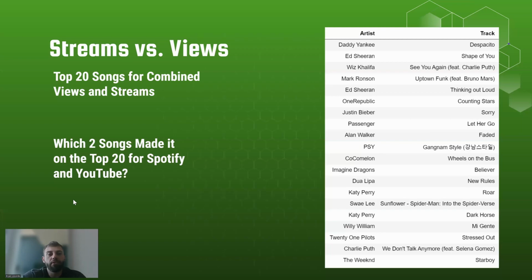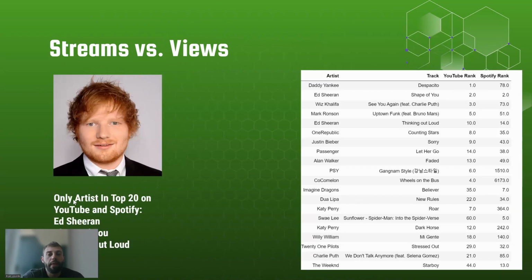For my analysis, I took a look at streams versus views, and I started off the analysis by taking a look at the top 20 songs across both views and streams, as well as looking at them independently for top 20 on YouTube, as well as Spotify. An interesting thing I noticed is there were only 2 songs that made it on the top 20 for both Spotify and YouTube independently. Can you guess which songs? They are both by Ed Sheeran, Shape of You and